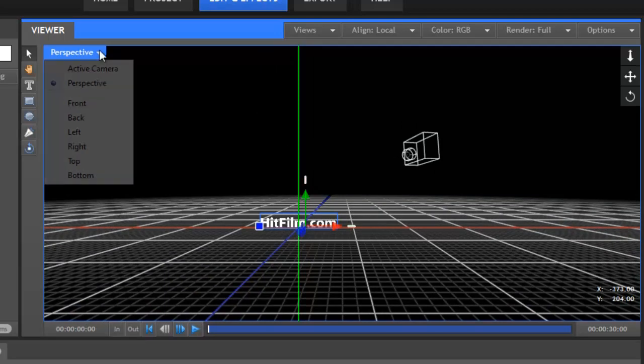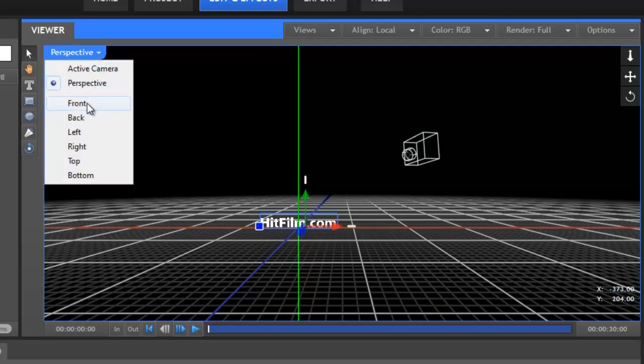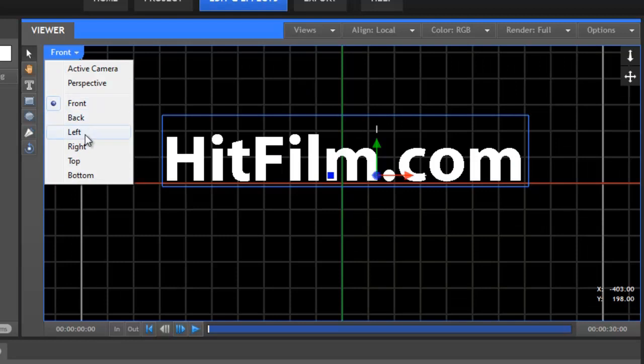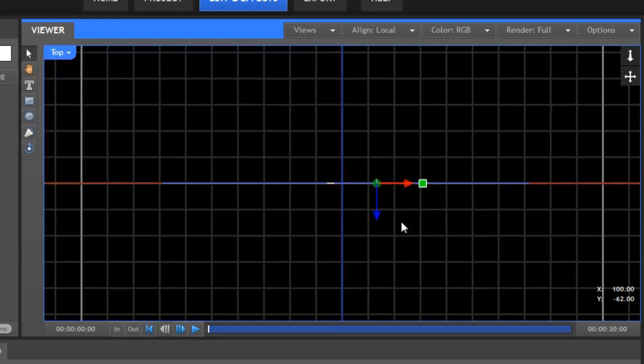The other views are orthographic. This means they present a 2D blueprint-like view of the 3D scene without any perspective distortion. This can be extremely useful for accurate positioning, as moving layers around in the perspective and active camera views can often be confusing. By comparing the front and top views, we can see exactly where the camera is in relation